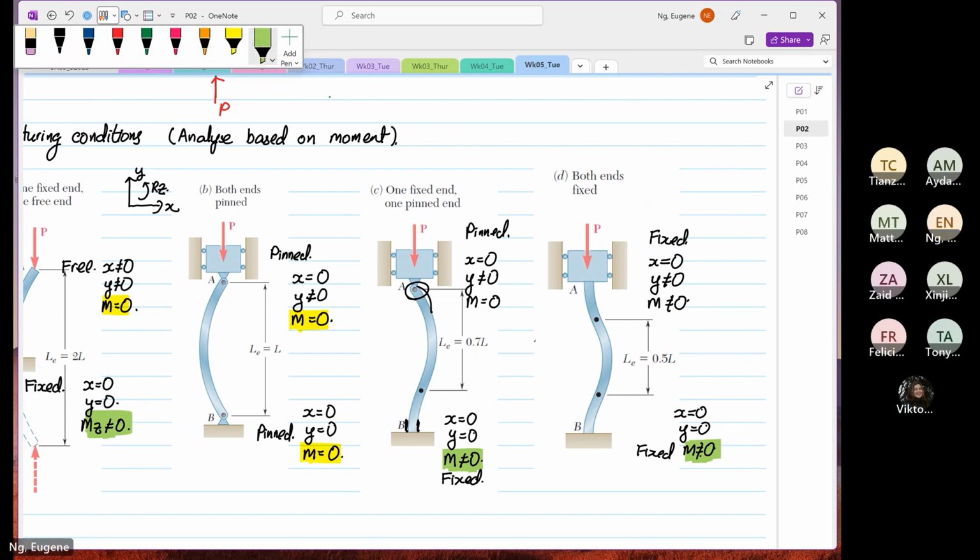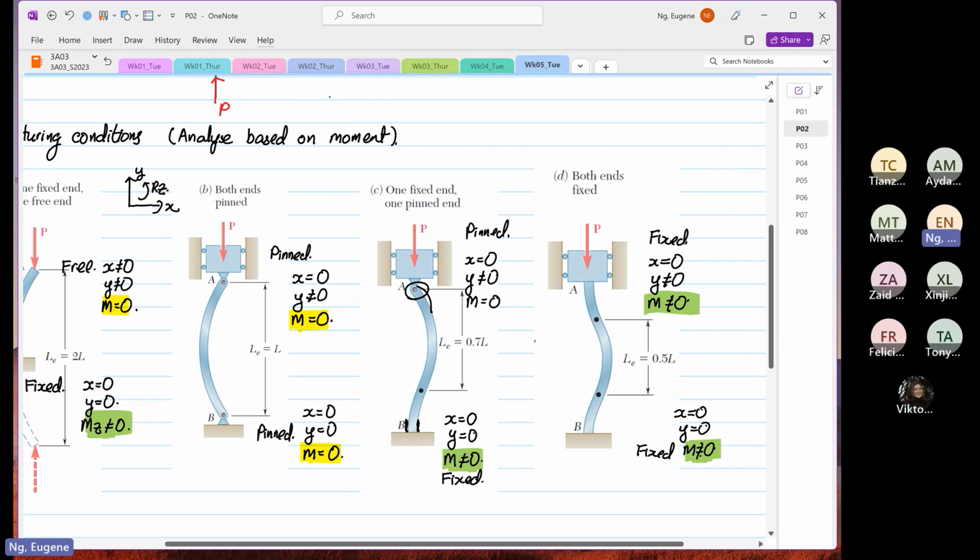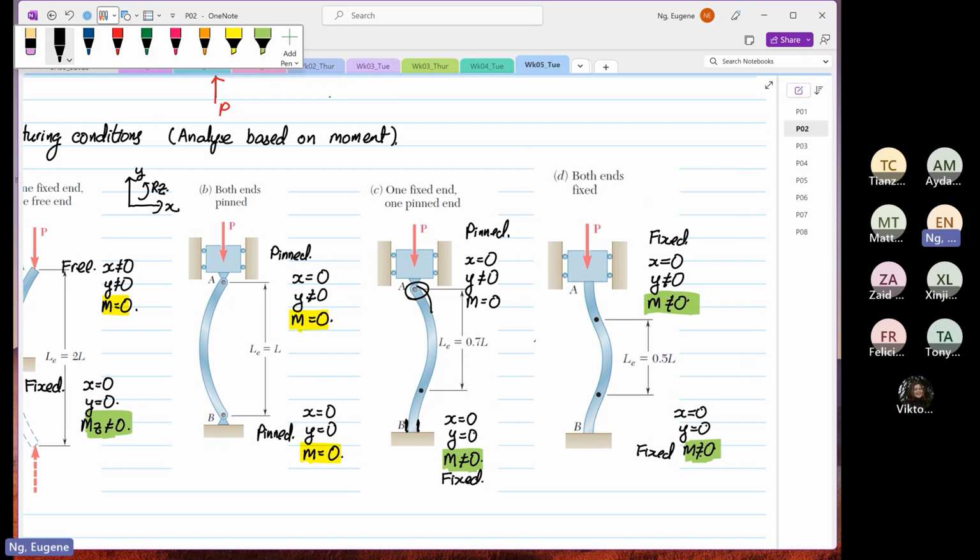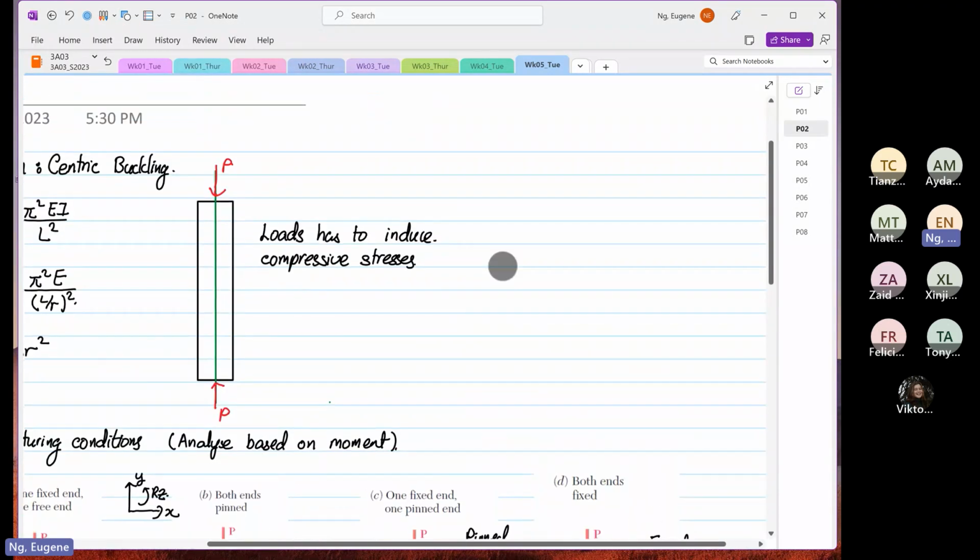So this is how to identify what is free, what is fixed, and what is pinned. Do not get confused, because I will test you on whether you can identify them. Sometimes the question is more straightforward and tells you both ends are pinned. If it's not given, you have to identify based on moment. And then I just remembered what to tell you over here. So I come back to